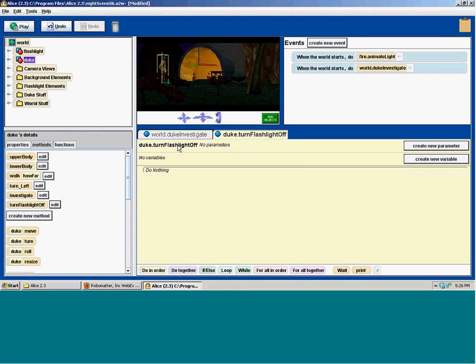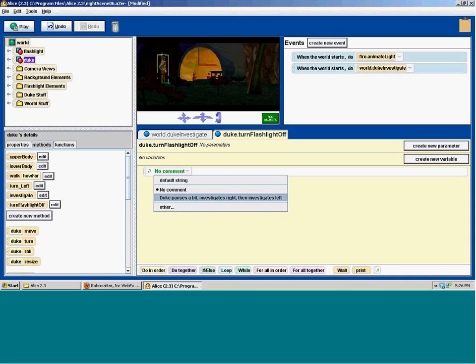Okay, so this method has a lot more coding involved, and it sounds like a bad thing, but it's actually pretty cool. What we're going to do is we have some shortcuts we're going to use as we create this, and I'm going to show those to you as we go. But the first thing I'm going to do is put my comments in here. First thing we're going to do is